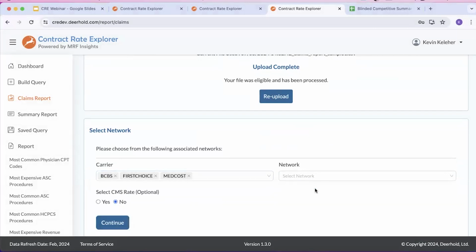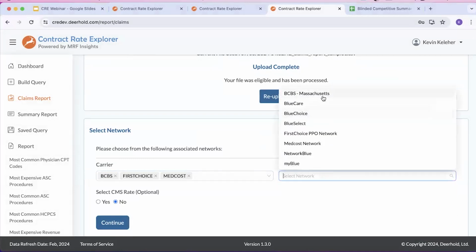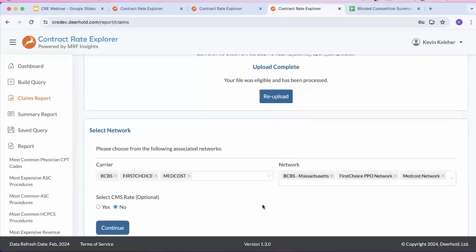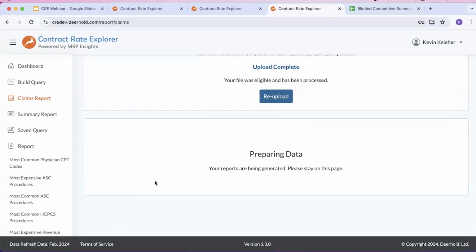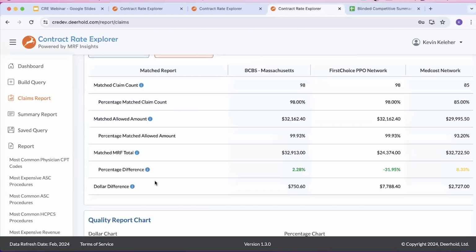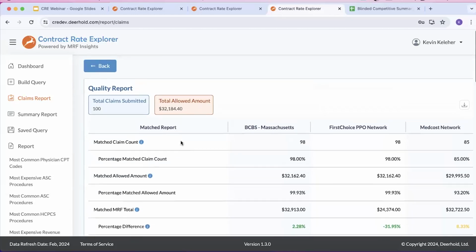So I know from my claim file what the total allowed amount was at a line item level. But now I want to see, let's say, those same claim lines, but use the rates from the MRF data themselves as a point of comparison, as well as bring in CMS rates. So the system is going to take the file and now marry it up against those three networks that I selected. It's generating the file in the background, and it's going to recognize that I uploaded a sample claim file